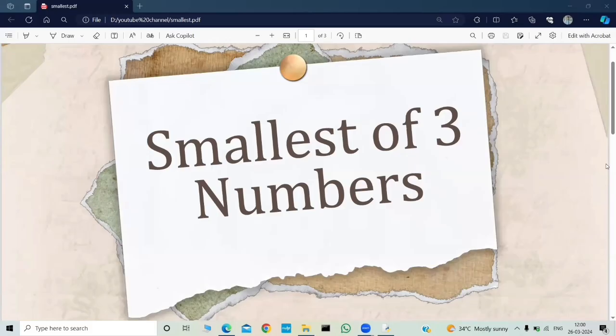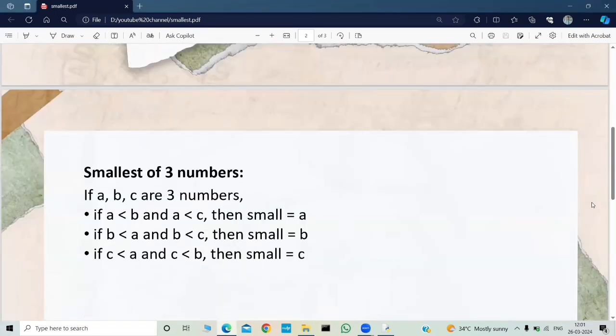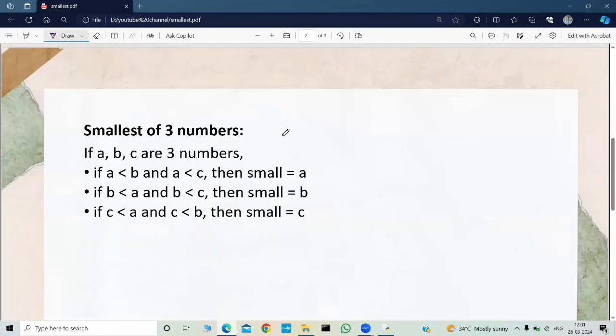In this video, we are going to write a Python program to find out the smallest of three numbers. So let us say we have three numbers, they are A, B, C, and now we need to find out the smallest of three numbers. Let us say we made A as the smallest number amongst all the three numbers, A, B, C. We can make A as the smallest if A is smaller than B and also A is smaller than C, right? Then only we can make A as the smallest, right? So if A is less than B and also A is less than C, then only we can make A